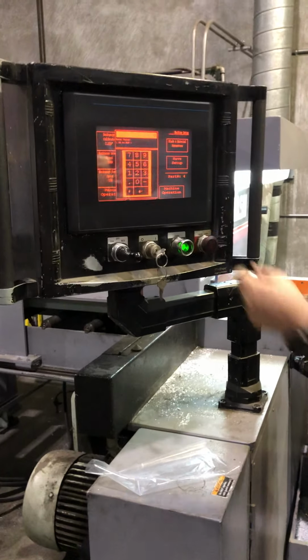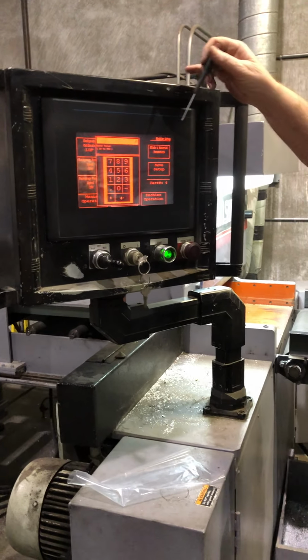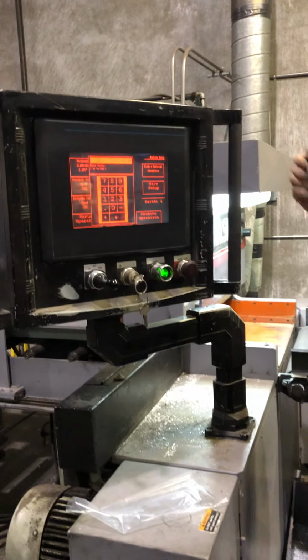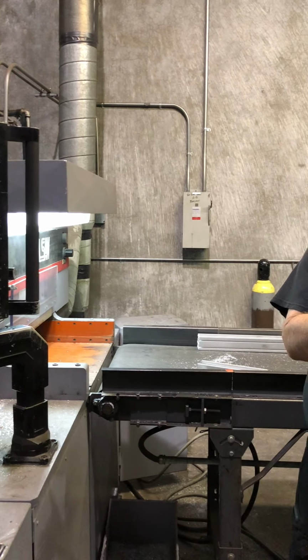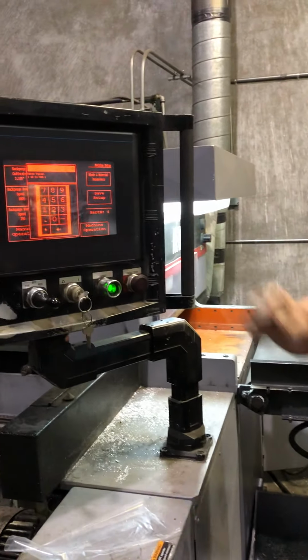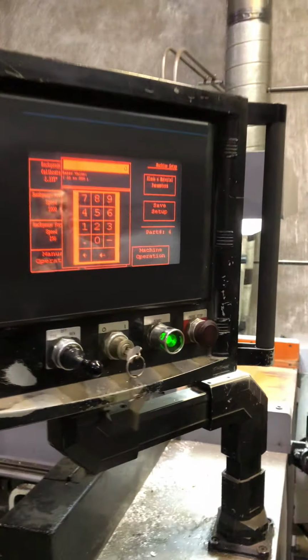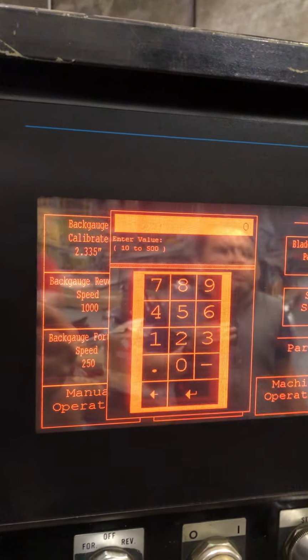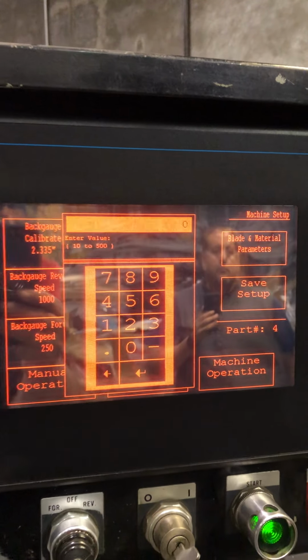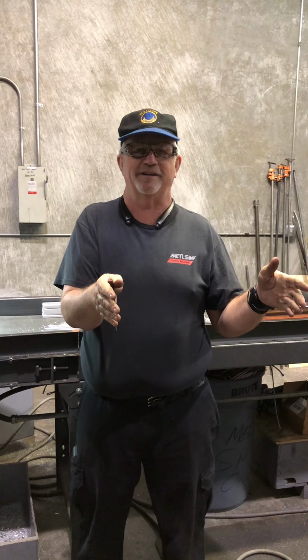Your back gauge forward speed, you understand that part? The back gauge forward speed, 10 to 500. That's how fast it moves, pushing the material up. There's no reason to have it at 500 because it'll never reach 500. I mean, it could reach 500 inches a minute from there to here. But if you're cutting material and you're doing a 12-inch piece, you're never going to reach 500 inches a minute anyway,